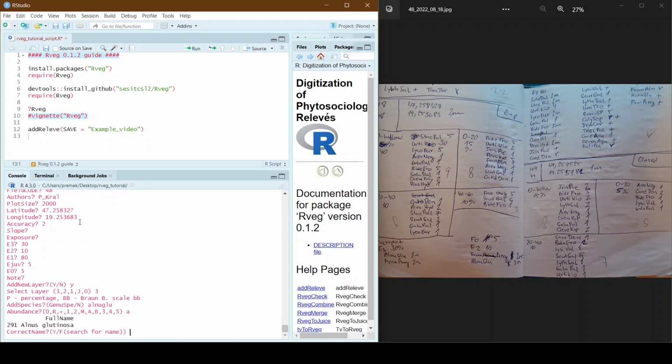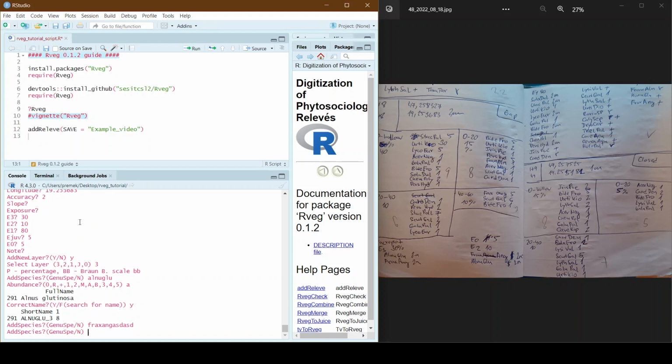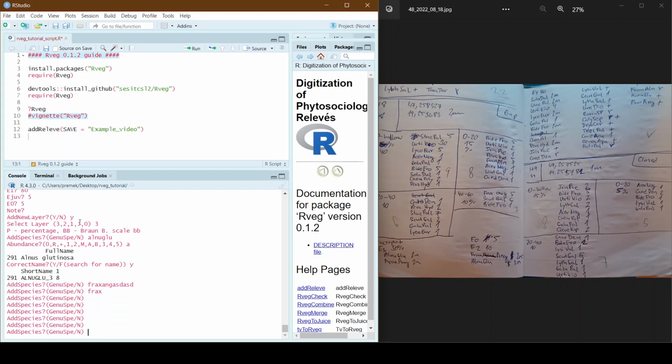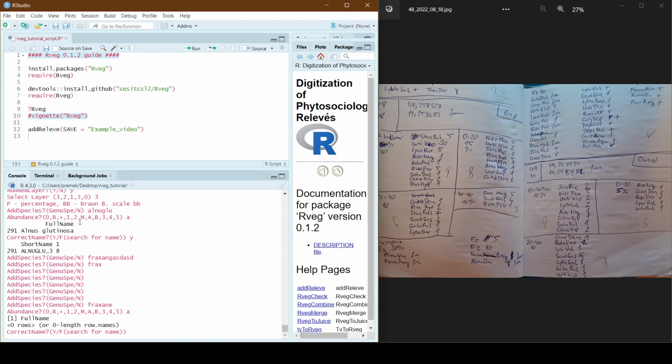2A, correct, Fraxinus angustifolia. Now I can demonstrate what happens when you write the incorrect name, for example. So if you write more characters, it will just ask you again if you don't fill it correctly. But what can happen is that you enter the wrong name, then, yeah, let's take a look at that. So now you have to search for the name in the list.